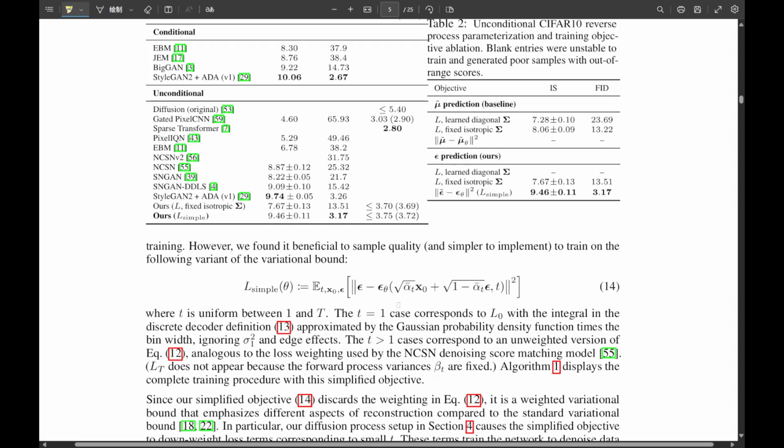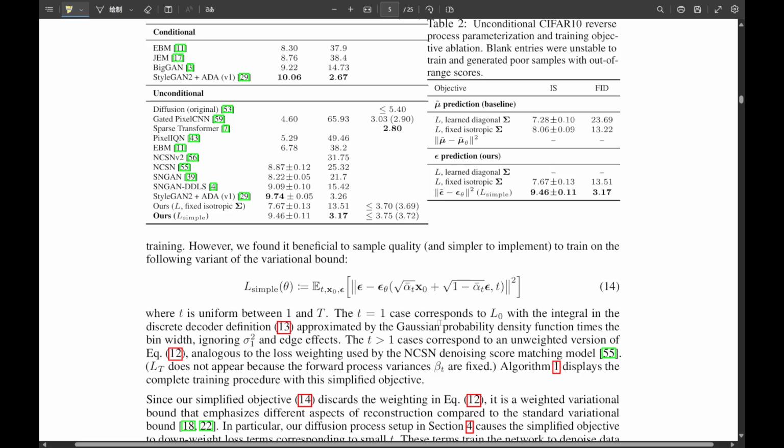Reweighted? How so? It effectively downweights the importance of the loss terms corresponding to small values of t. Small t meaning the steps where there's only a tiny bit of noise. Exactly. When the image is already almost perfectly clean, L-simple basically tells the model, look, don't sweat the small stuff, don't spend too much capacity trying to perfectly denoise an almost perfect image. So it lets the model focus its effort elsewhere. Precisely. It allows the network to concentrate on the harder denoising tasks, the steps where t is larger, where the image is much noisier and requires more significant reconstruction work. It's like telling the sculptor, focus on the main shape first. Don't worry about polishing the fingernails until the arm is carved. Okay, that makes practical sense. Prioritize the hard parts.